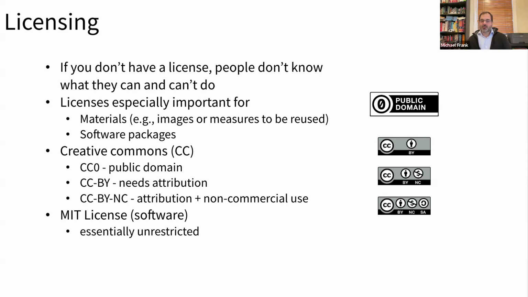We often use Creative Commons style licenses. This would be good for materials. So CC0 says you can do anything with a particular piece of the materials. CC BY says you need to give attribution every time you use it. And CC BY NC says you have to give attribution, and it's also only licensed for non-commercial use. So some people, when they create surveys or questionnaires, like to use CC BY NC so that they're not creating something that someone else can commercialize.